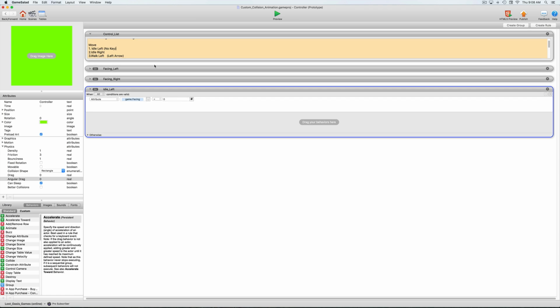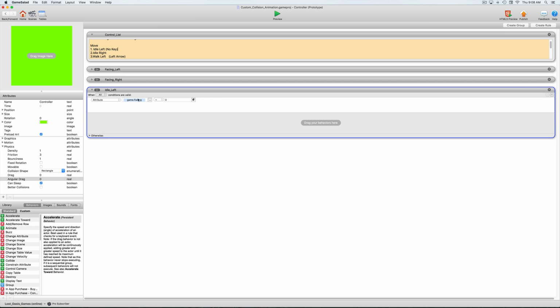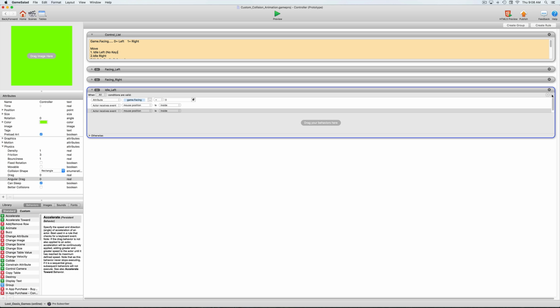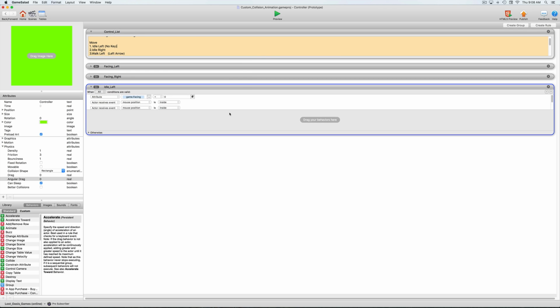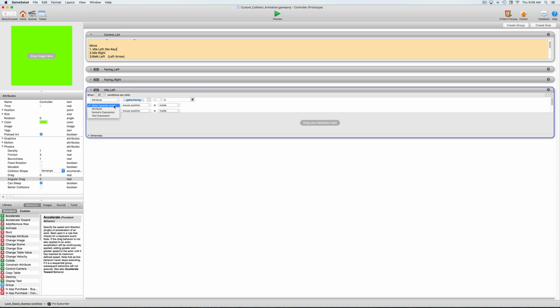Okay. And so in idle left, we're going to want to look at all these other conditions. We want to make sure that right and left arrow key are up, the space bar is up, and the S key is up. So we're going to add those conditions into here. So we're going to go ahead and get 1, 2, 3, 4 more conditions. And we're going to go ahead and say when